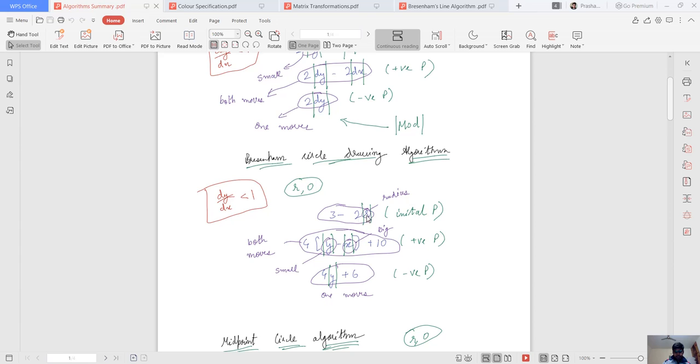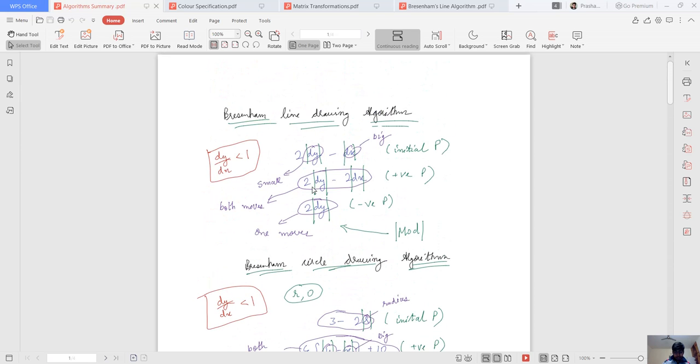3 minus 2r, where r is the radius. In the previous video, if we got a positive p, then both moves, and both moves mean an x move and a y move. It depends on which octant you are in, to determine if it will work in the positive or the negative direction.